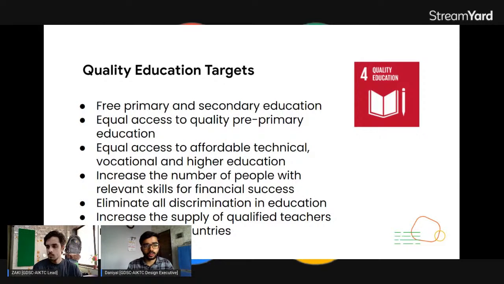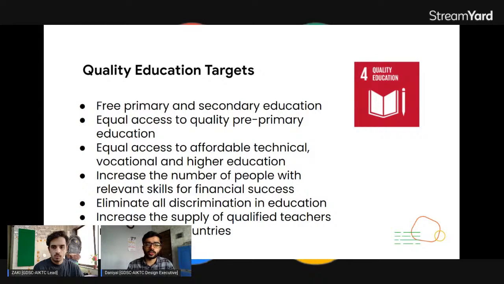This solution worked for those who had resources like mobile phones, PCs, and internet, but it didn't work for those who don't have these. So we don't have to stop here. The right to education is for everyone. So we should find another way so that everybody gets access to education. This comes under the goal of quality education.